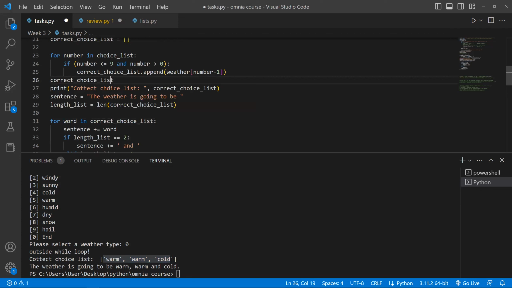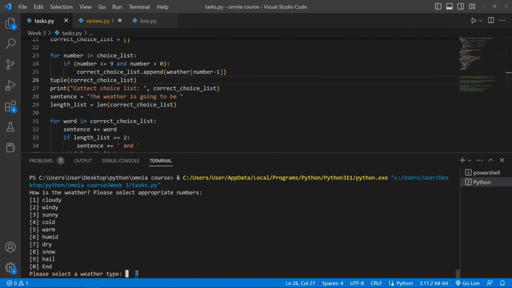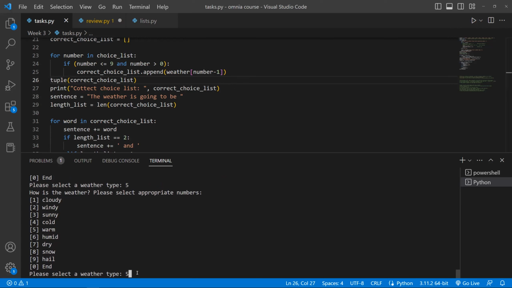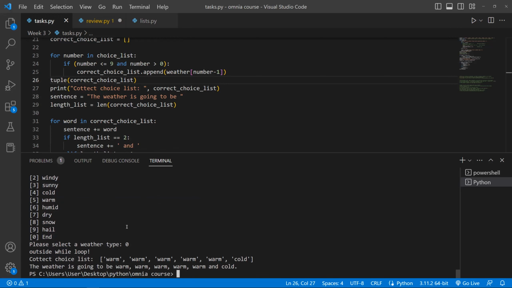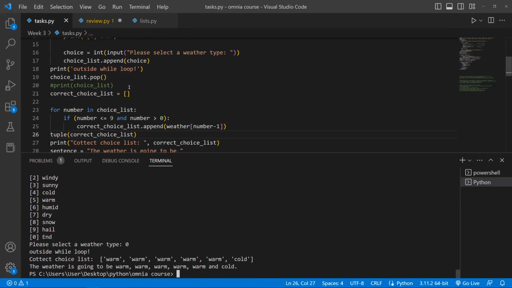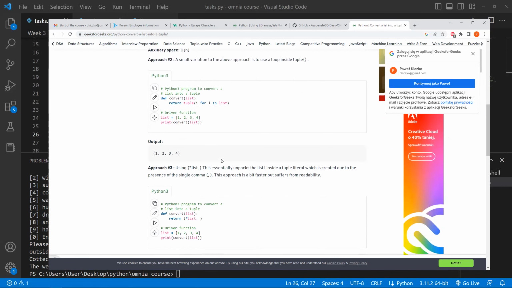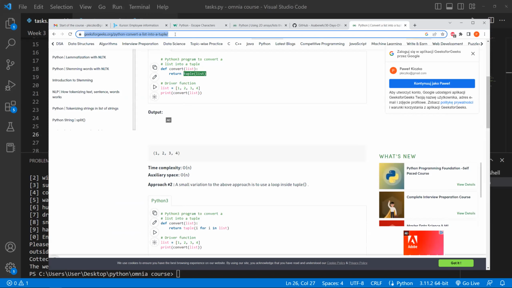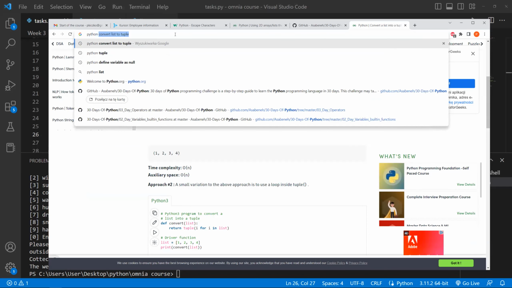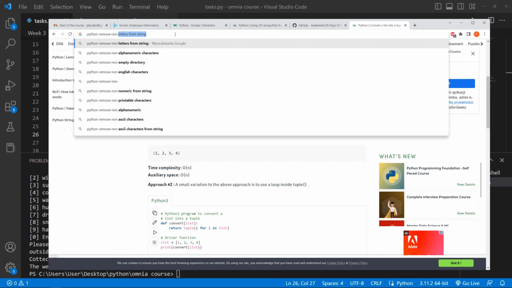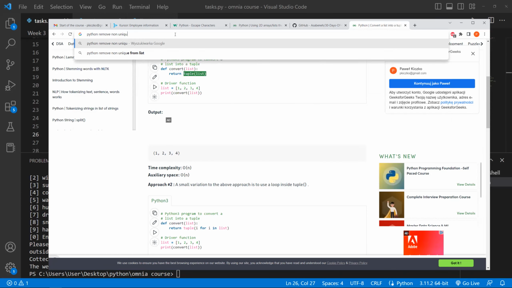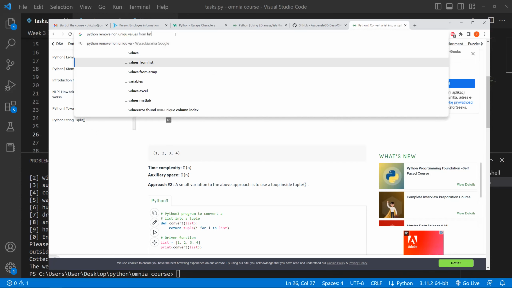and now what we can do, correct choice list, and we convert it to tuple. And let's see. 5, 4. Okay, it did not work. But there's no problem. Another approach. So Python, remove non-unique values from list,